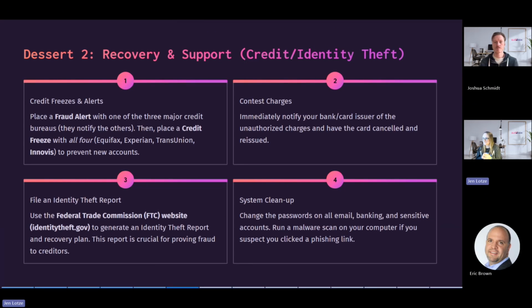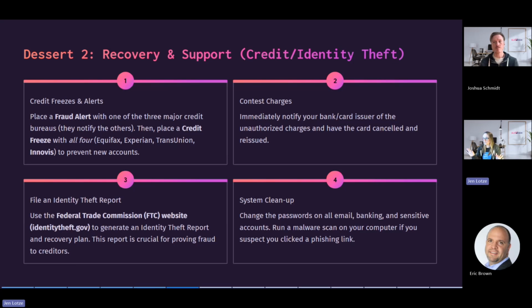So our dessert for number 2 is you want to freeze your credit. Just freeze it, right? You're going to call TransUnion, you're going to call Experian, you're going to call Equifax, you're going to call Innovis, and you're just going to get that credit frozen. That's the best thing you can do to protect yourself. If you freeze your credit, most of these types of situations become almost moot, right? Because they can't make these drastic changes to your credit life. Gets a little trickier when we talk about money in a bank, but we'll get there.